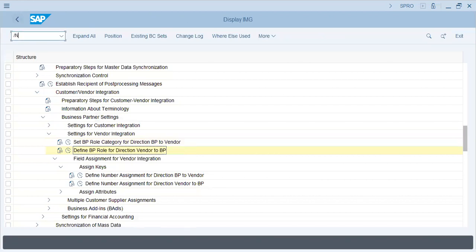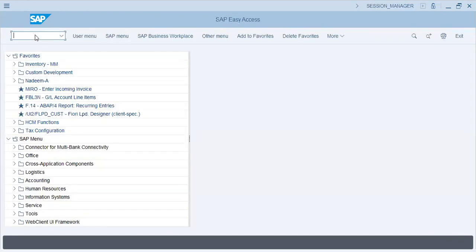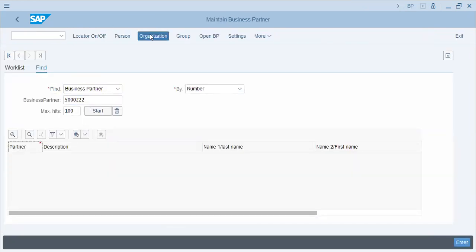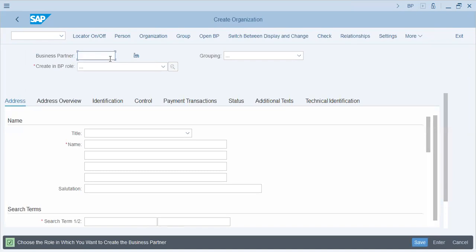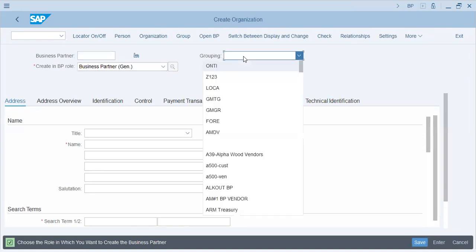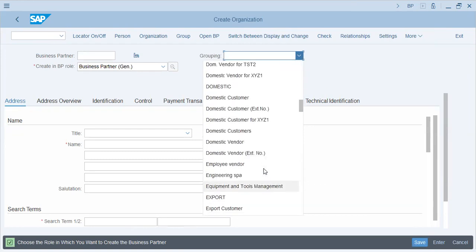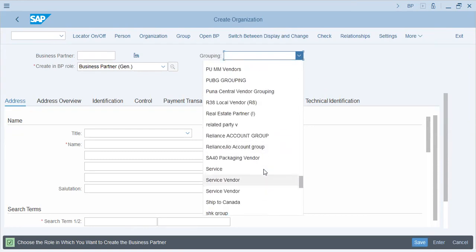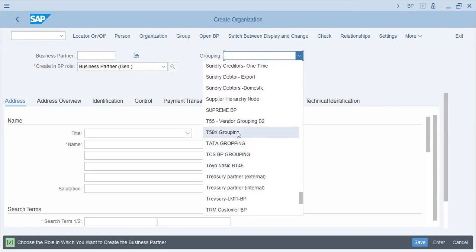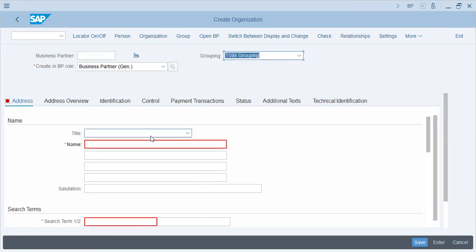We can go and check for front end. BP is the transaction code. Okay. Now, organization. Business partner general, and grouping will be T59X, the one we made. Now you know how we are doing it. Yeah. So let's say